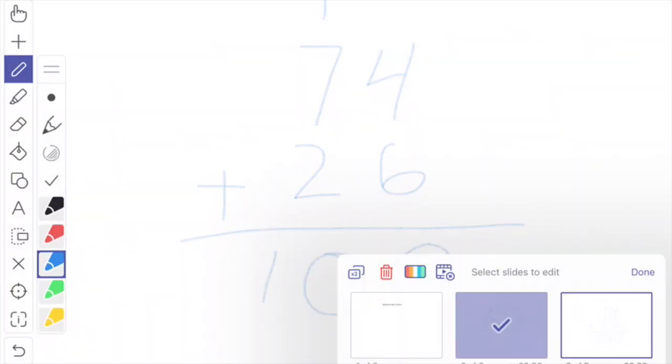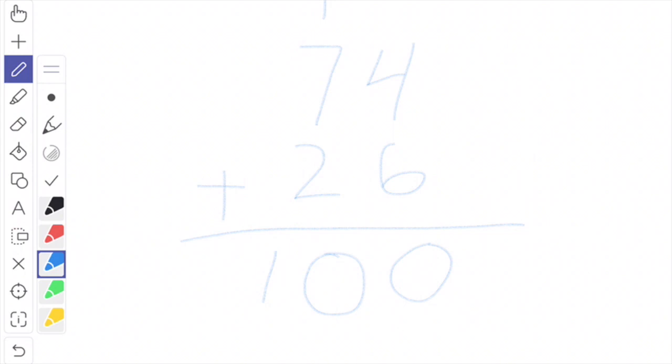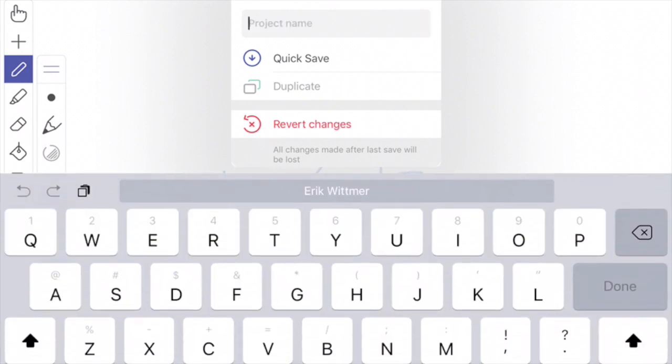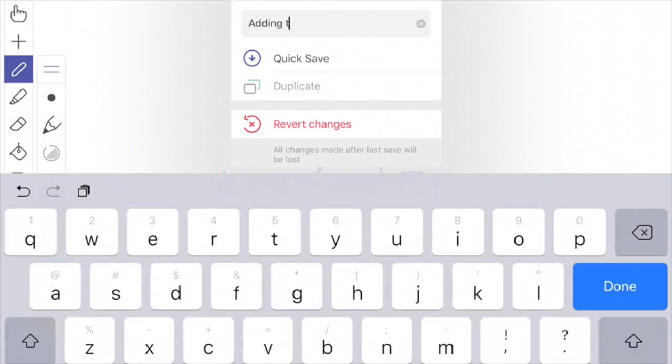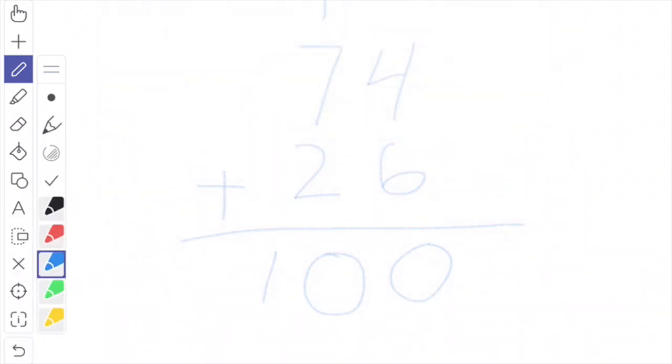You set up the problem, you talk about it, and then on the next slide you start to solve the first part of the problem, and then you solve the second part of the problem. So that's what that's used for, so I'm going to hit done there. If I'm all finished, I'm going to, remember, change the title of it. So now it's there. I can go ahead and hit share, and I'll talk about